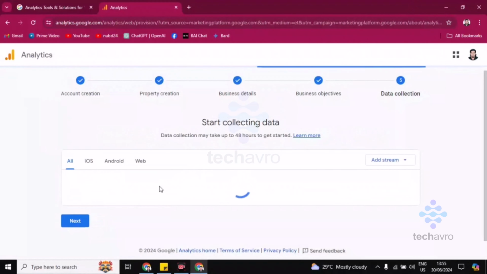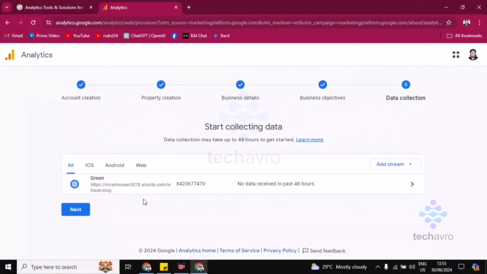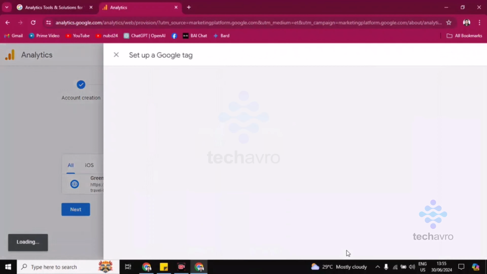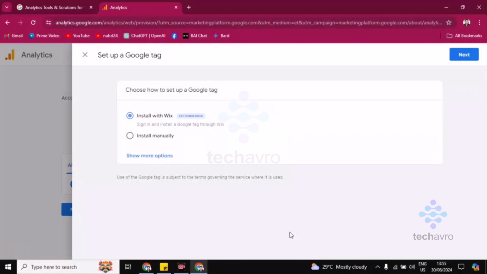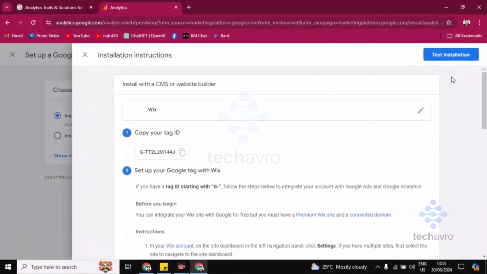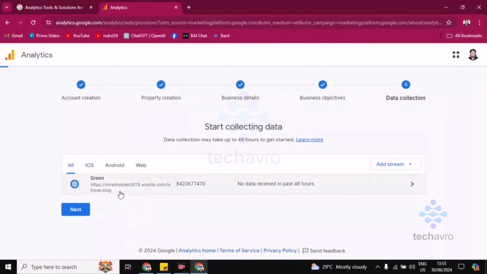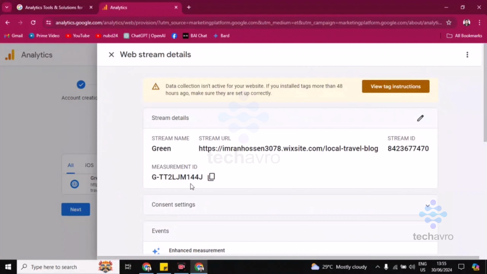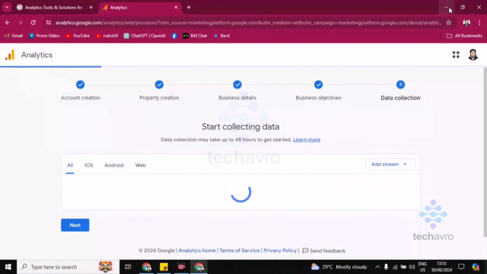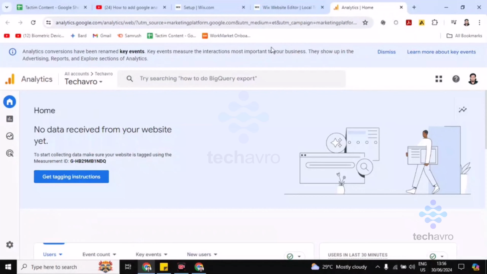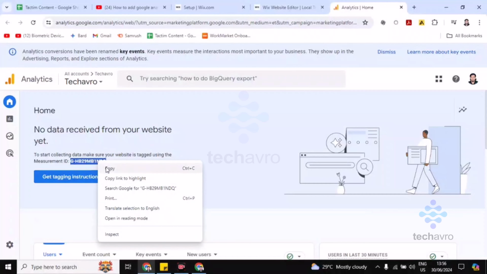Now here your ID has been created. Okay, click on this, go to next. Next, here is your tag ID. You can copy this one, or you can cross this one. Click on this. Here is a measurement ID. You have to copy this one, the measurement ID. Here you can see the measurement ID. Just copy and go back to